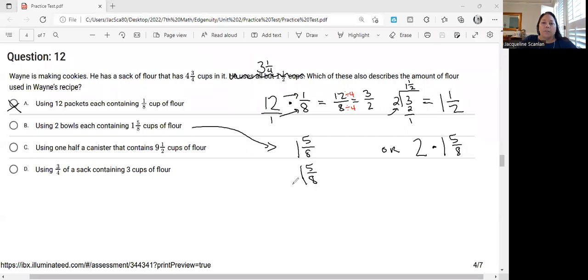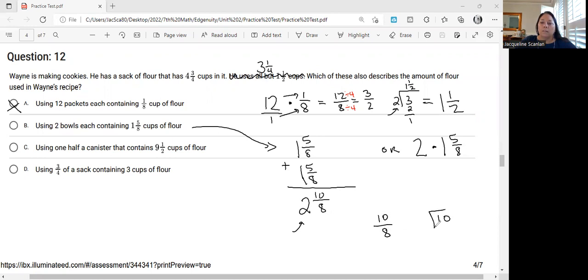And because my denominators are the same, I just add my numerators. 5 plus 5 is 10. My denominator stays as an 8. And 1 plus 1 is 2. All right, now this is kind of confusing. I've got 2 whole ones, and I also have 10/8. Well, 10/8